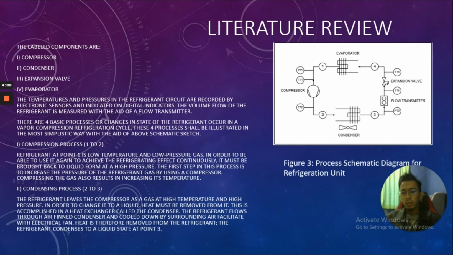So next, process 2 to 3 consists of the condensing process, in which the refrigerant leaves the compressor as a gas at higher temperature and high pressure. In order to change it to a liquid, heat must be removed from it. This is accomplished in a heat exchanger called the condenser. And next,